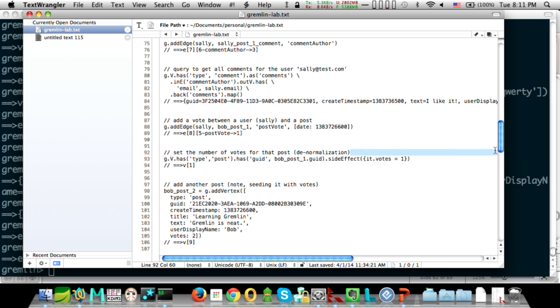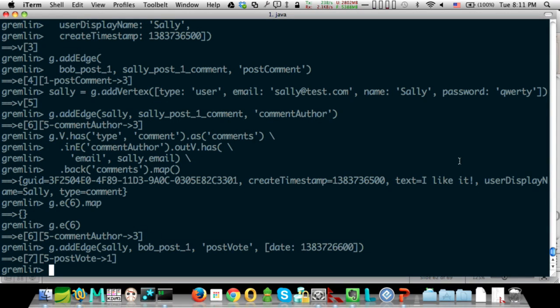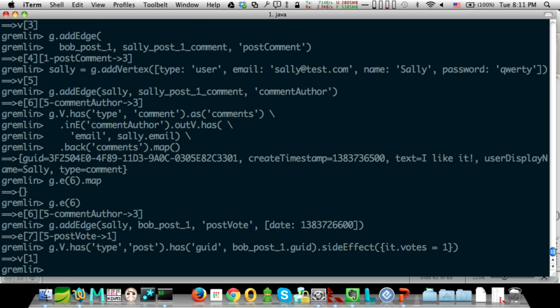So for denormalization purposes, a typical use case would be, I want to show the posts, but sort them by their number of votes. It could be expensive to try to derive the number of votes each time. So we can go ahead and add a votes property to that post. And so here's this side effect. I'm doing a traversal, and then once I find the target node, I can do the side effect, which modifies it. Okay.